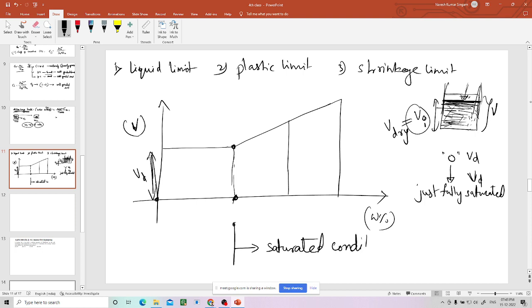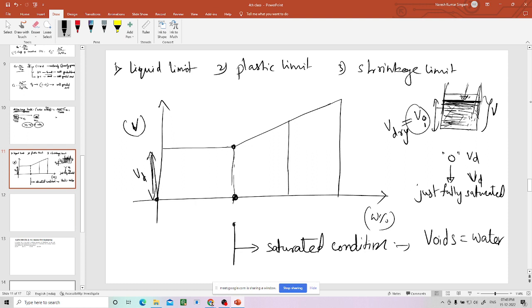Okay, because what is saturated condition? Total voids should be water. So when you are pouring water, voids are also increasing. That's why water is taking that void, right? So total volume is increasing because the volume of voids is increasing, which are filled with new water. That is what. So now